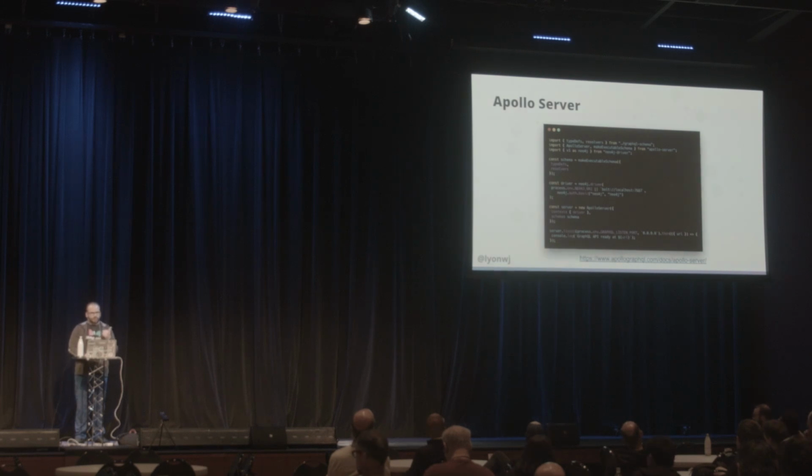And once we have our type definitions and our resolvers, then the next piece is to actually serve this up with a web server. In this case, we're going to use Apollo Server. Apollo Server is a library built on top of Express in Node that basically allows us to take our type definitions and our resolvers, and it gives us what's called an executable GraphQL schema. And we can then just pass that executable schema to Apollo Server, and it takes care of serving the GraphQL